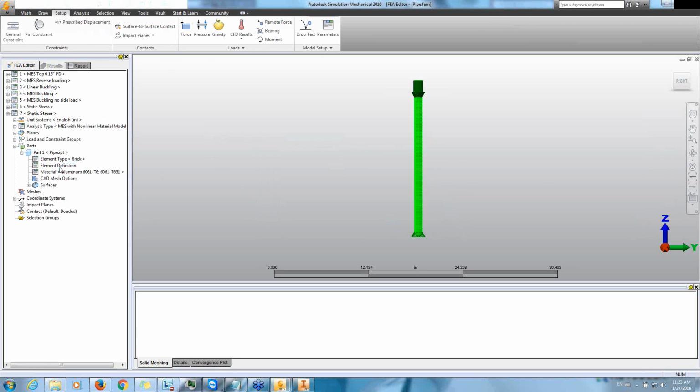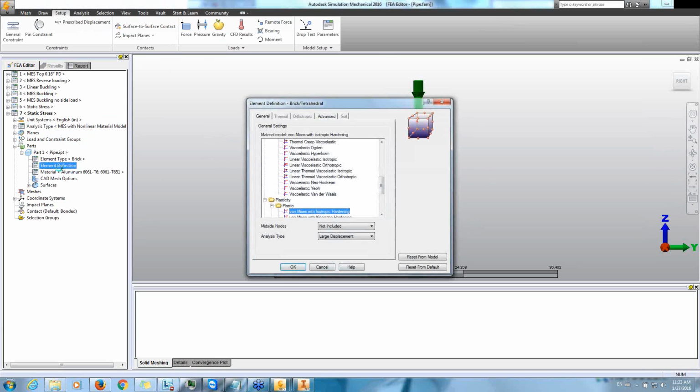And in this case, if you want to use nonlinear materials, you definitely want to go in, because by default it goes with the linear material, the isotropic. So you want to come in here under element definition and change that to a nonlinear one, something like a von Mises,